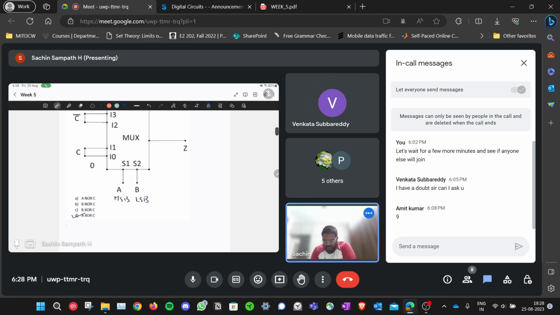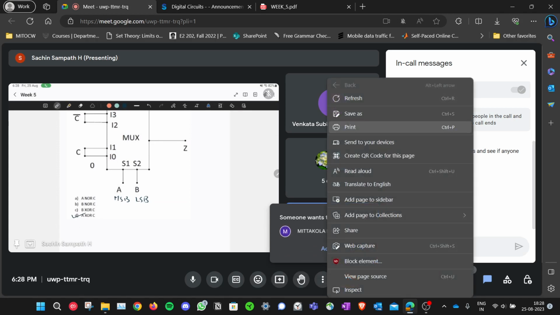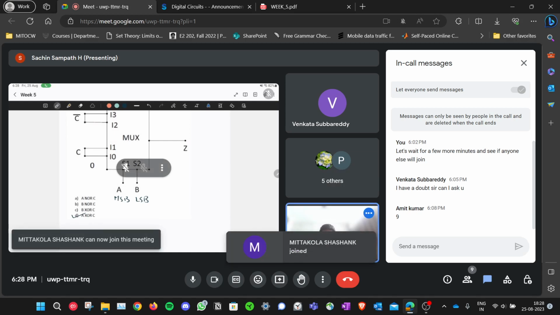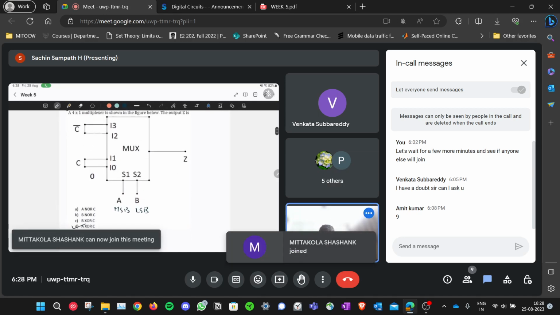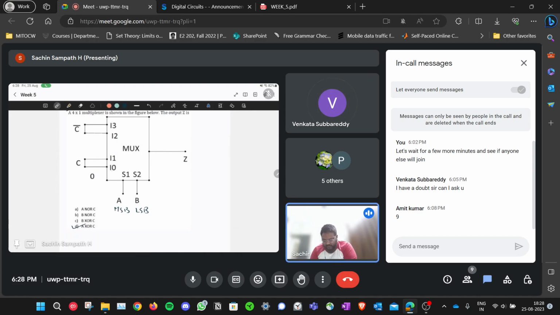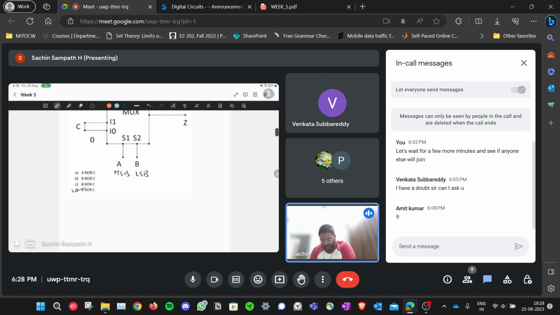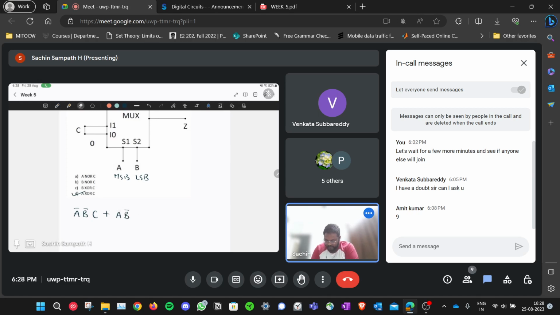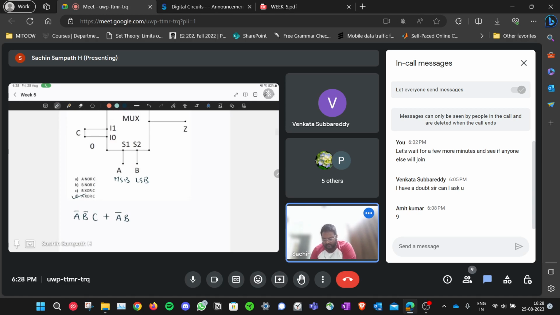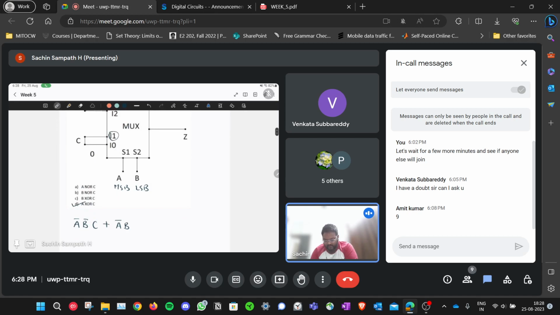So when A and B are 0 and 0, this I0 line is selected. So when A and B are 0 0, that means A bar B bar will be high. At that time C is selected. So output will be A bar B bar C. And similarly when AB is 0 1, A bar B is high, and again that will select I1, which is also connected to C. So it's A bar B C